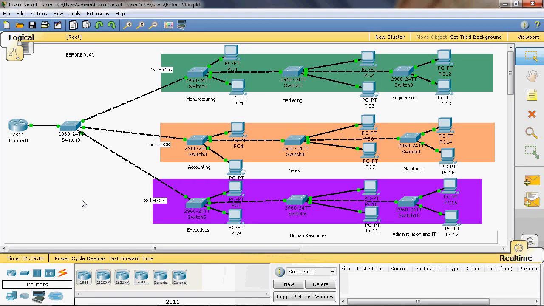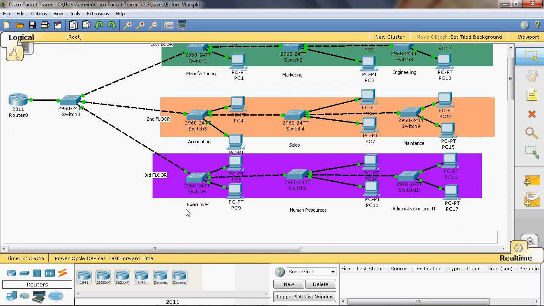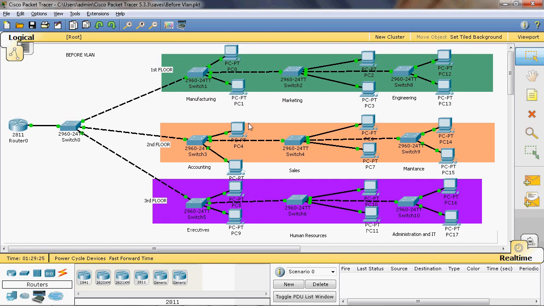An organization has three floors. On the first floor we have the manufacturing department, marketing department and engineering department. On the second floor we have the accounting department, sales department and maintenance department. On the third floor we have the executives department, human resources department, administration and IT department. In each department we use only 5 PCs, but in this scenario each department